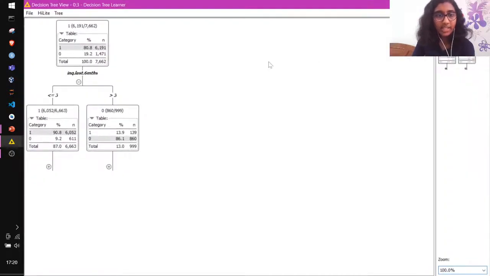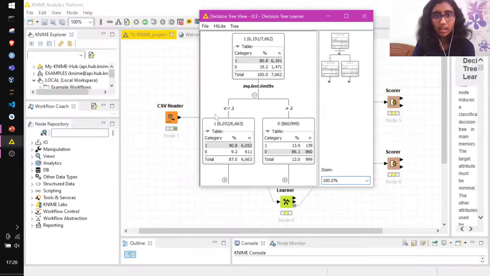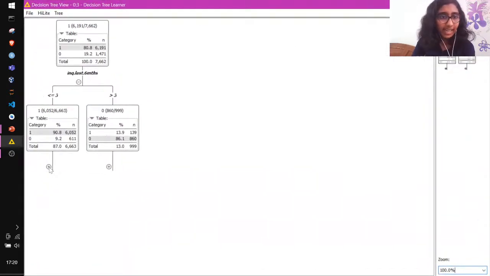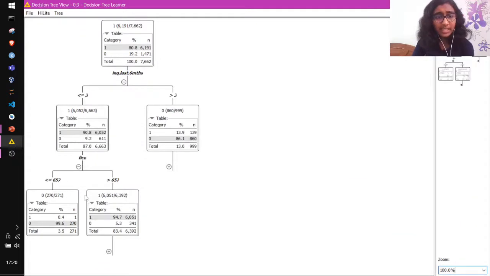So this is the tree that is formed. The first attribute which was used is INQ last 6 months. If that is less than or equal to 3, 3 being the splitting value, then the decision is again based on FICO.